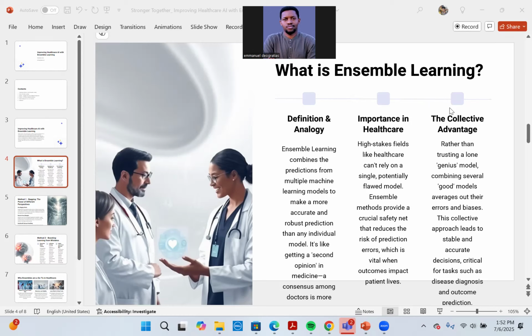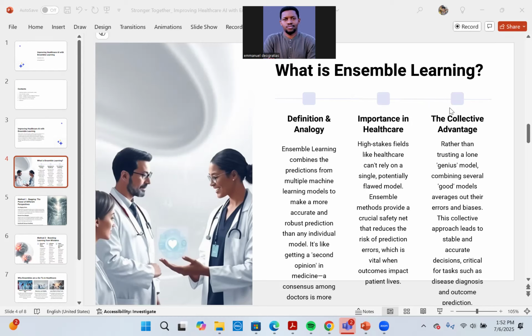The core idea is to not rely on a single genius model, but to combine several good models. By averaging out the individual error and bias, the collective decision becomes more accurate and stable.